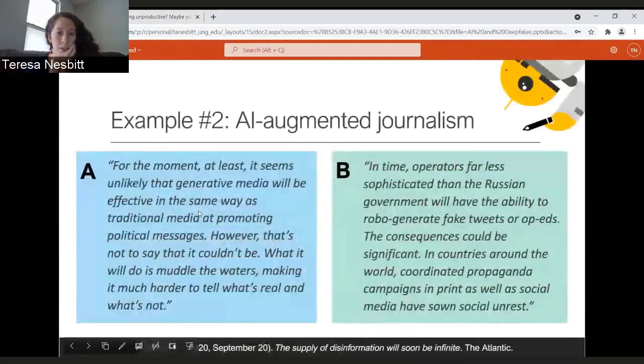Okay, so the next example that I wanted to look at is in the field of journalism. I'm a big fan of The Atlantic, and I really recommend this article. It's very well written, very interesting, and not just because it has an alarmist tone that appeals to me. It's a very good article. And part of why I wanted to share this with you all is because about halfway through the article, the author reveals that she has been using GPT-3 to write certain paragraphs of the article.